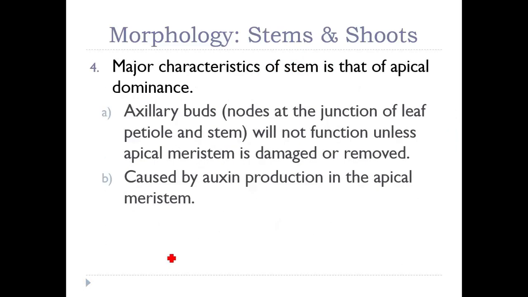Now, one of the major characteristics of stems is the characteristic of apical dominance. Stems possess this, particularly in the dicots. The monocots have a little different stem growth characteristic that we'll discuss in laboratory, but with apical dominance, what we mean, apex means top, and we know what dominate means, so we have what you call a top down or a top dominance type of stem. You have a plant that grows,